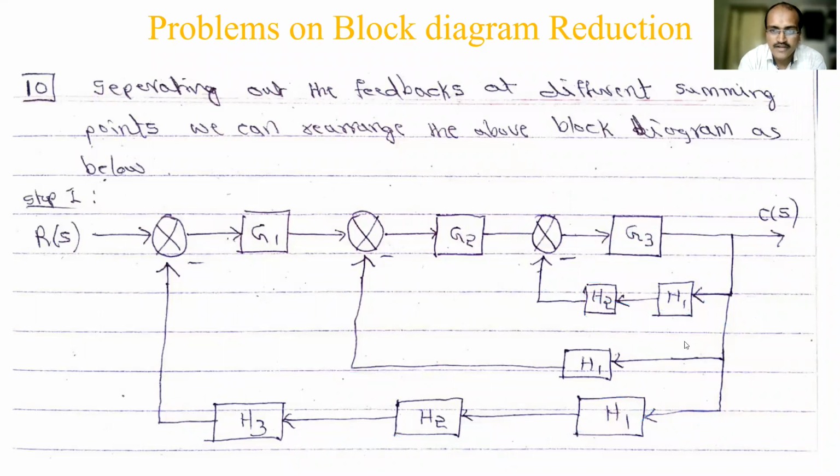Okay. The remaining part, I am not doing anything. I'm only changing this path H1, H2, H3. I will make one block, and this I will directly reduce. I don't write one more step H1, H2 and then reduce it. Even you can do it, but it will consume time. That's why this becomes one path, and then we will take it as a minor feedback loop.